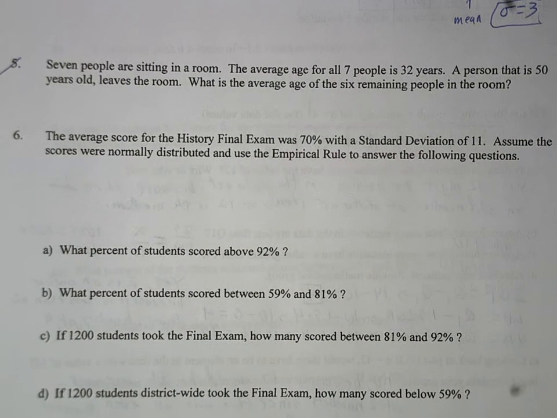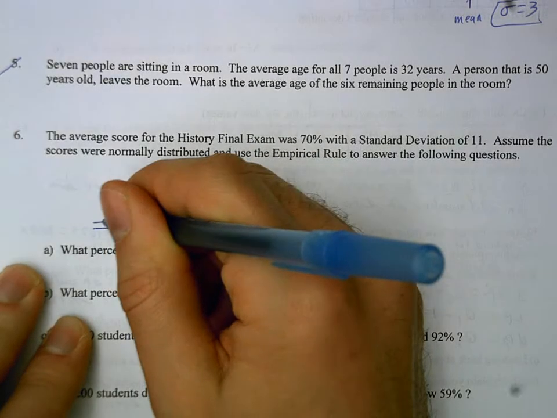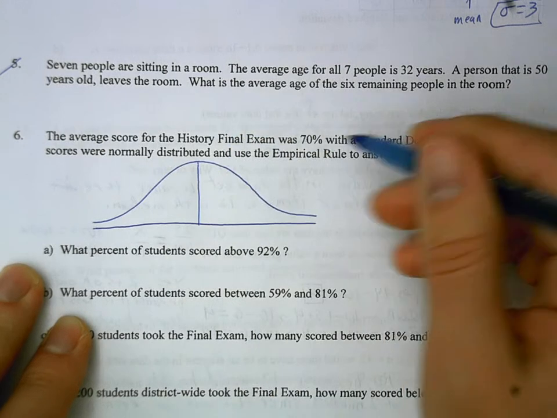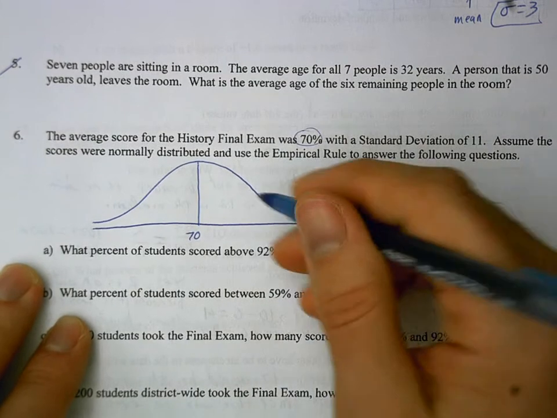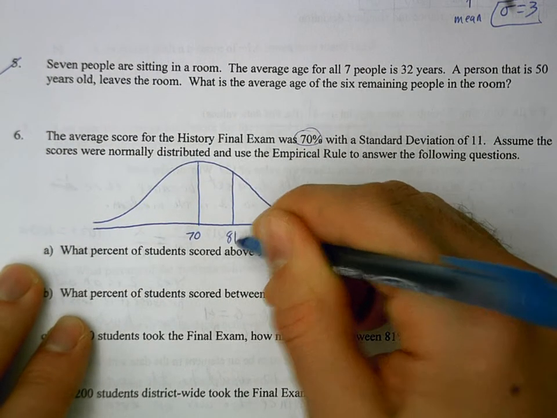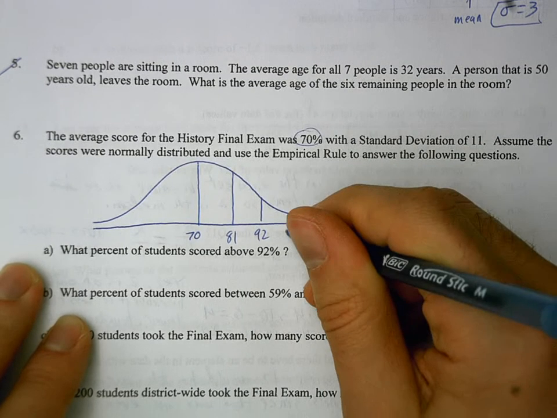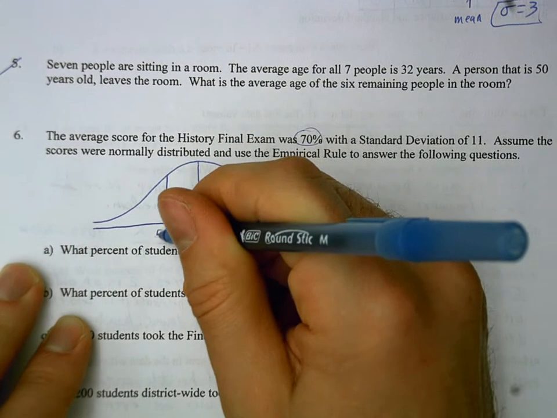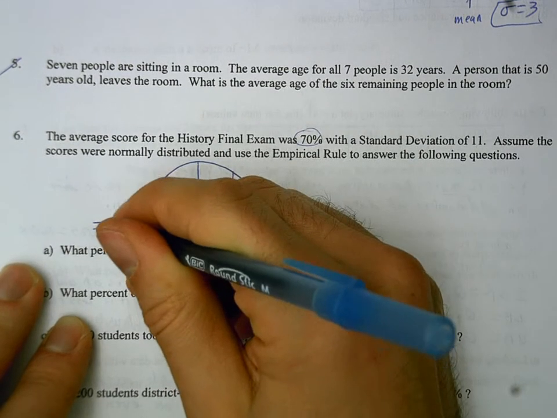Number 6. Average score for the history final exam was 70%. Standard deviation of 11. Draw in your little curve. This one, we need to be careful. This is a percentage, but it's the average. It's the thing we're looking at. 70, and then counting up by 11: 81, 92, 103, and then counting down: 59, 48, 37,